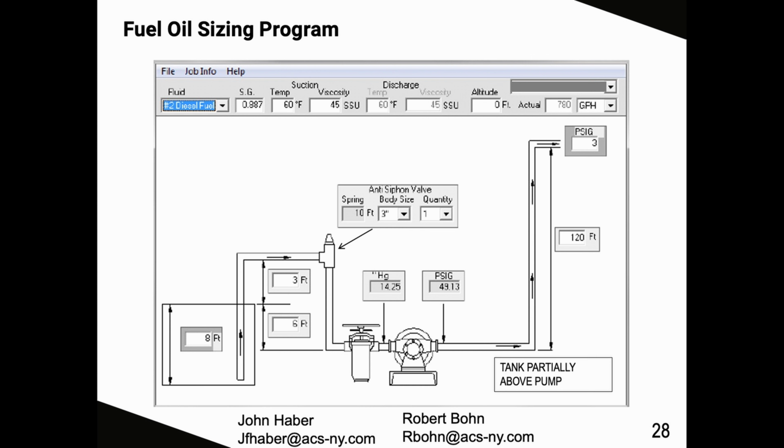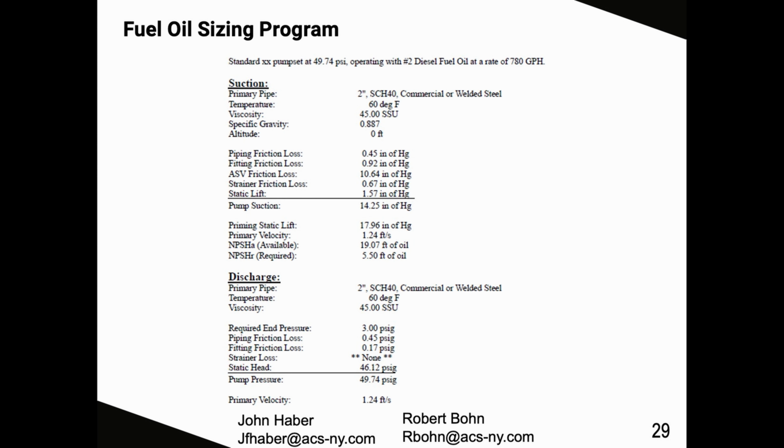Depending on how many floors up you go for a generator system or a boiler loop, regardless, we're able to handle that all in the program, and then we are able to give you a nice printout. On this printout here, you can see we used a 2-inch primary suction line. We're able to put in the temperature, viscosity, all that detail for you, and then we can calculate out the friction loss in the piping, the fittings, the anti-siphon valve, all those friction losses, which are very important in designing the piping system